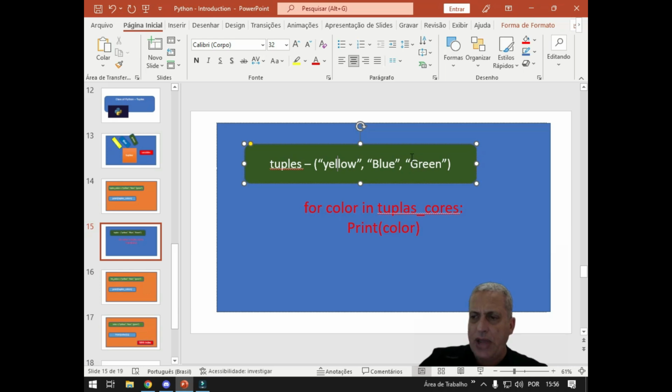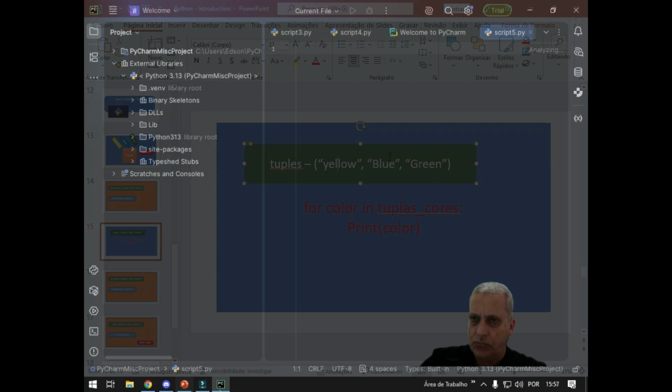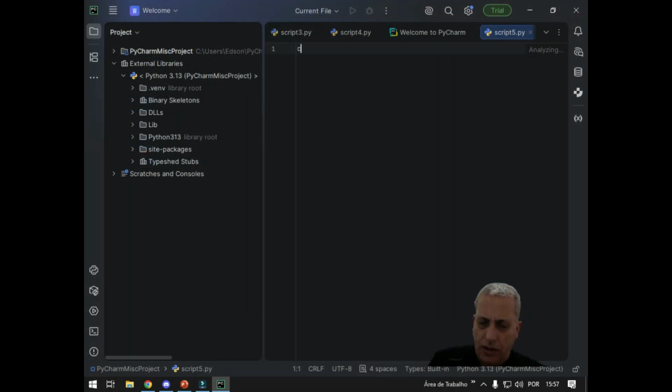We have colors inside a variable called tuples. You can use something like that to show all the tuples that you have, like a list. You create our first tuple here,